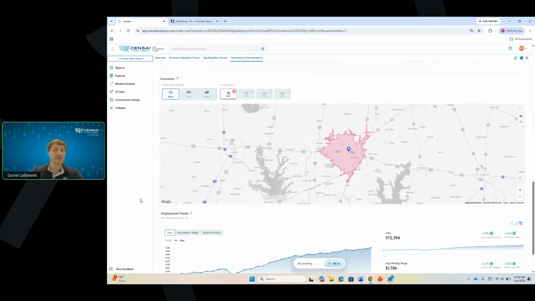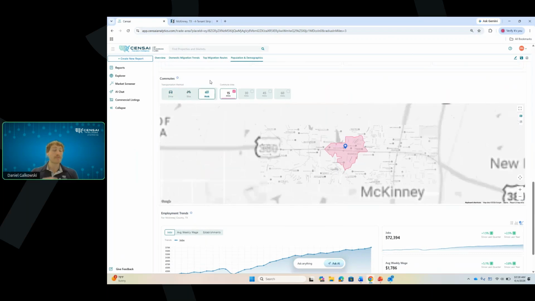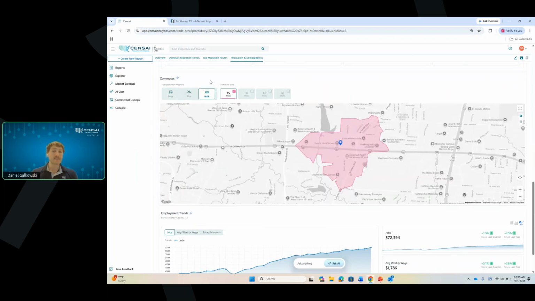Next, we have commute times. So you can see how far the market can get from your specific property. It's always helpful for walk. We've had a lot of success in the mixed use space by, if you've got a multifamily property and you're looking for a tenant in the lower level, asking what's within a 15-minute walk for my residents? What can they already get to? And what makes the most sense to put in my building right here?